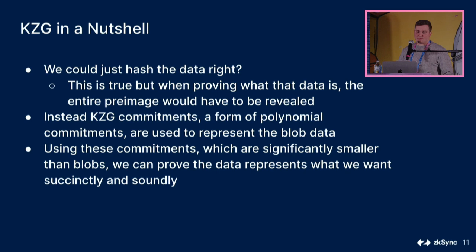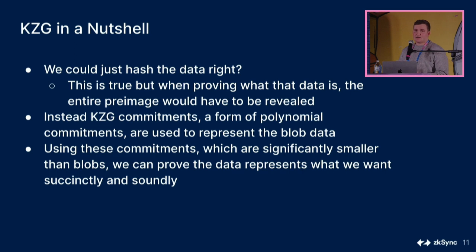If we wanted to know what's in the data, we could just hash it, and then on the execution layer we could just have a hash of that data. But once we want to reason about what's inside that data, we would have to provide the full preimage,